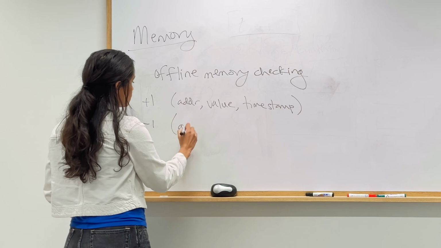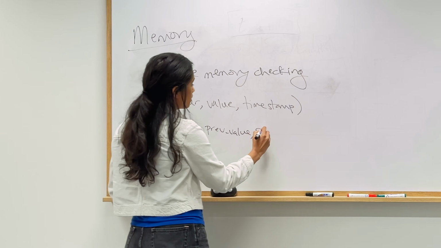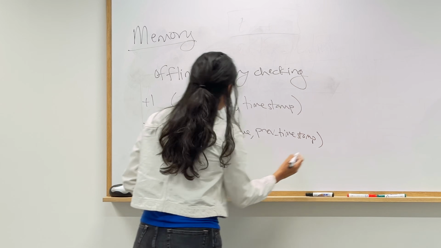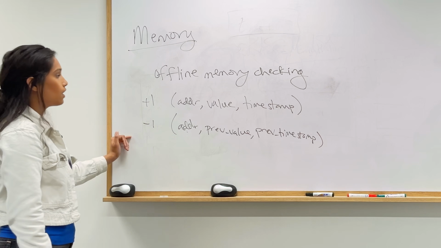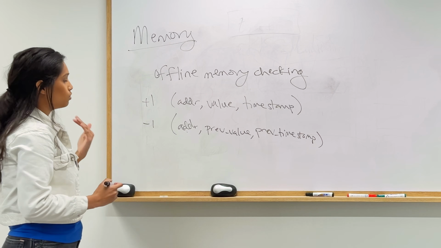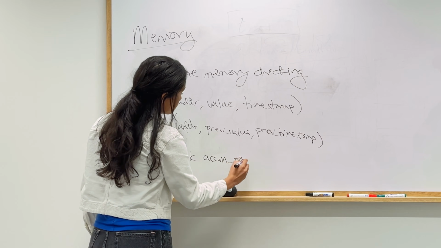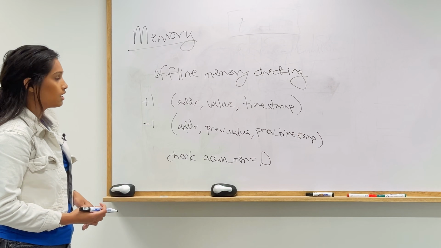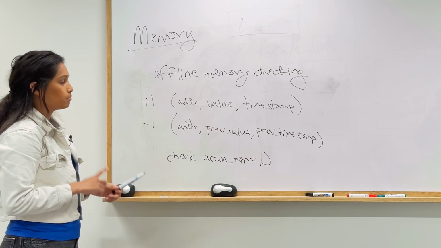And you add the address, the previous value, and the previous timestamp that you last accessed that memory with multiplicity -1. And then at the end, if you do this for every single access, each of these will cancel out, and then you will have to check that your accumulator for your memory is equal to 0. And that's how we check our memory accesses were all consistent. And I think it's a bit hard to see maybe from this. We can go into a little example. But maybe before I do that,